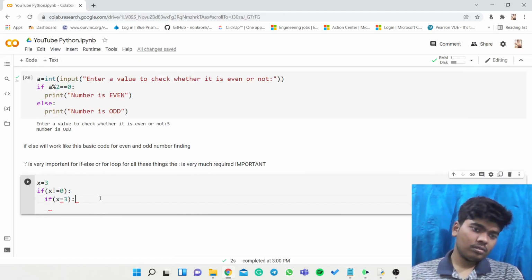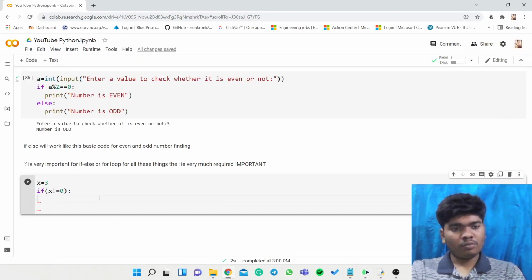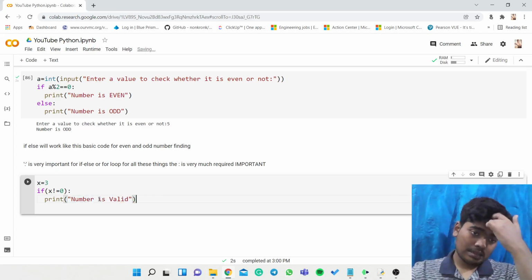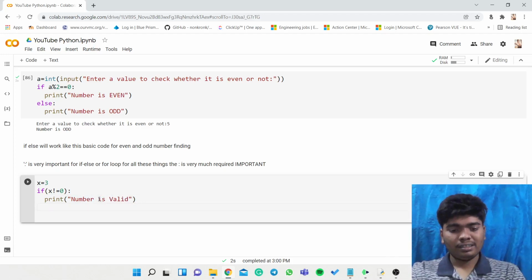So if x is not equal to 0, print the number is valid.